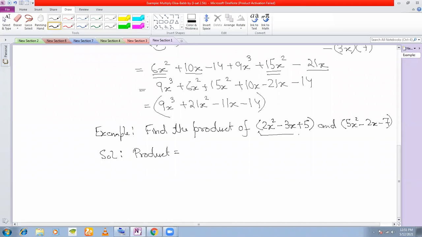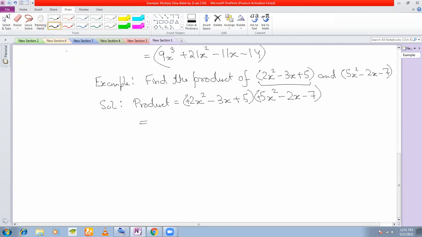Now for this expression, we write the highest power first. It is already given in that order. X square is first, then your x, and then your 5. And similarly for the second one, we write the x square first, then x, and then the constant term. Now we are going to multiply. So here you have a plus and here you have a plus. Again, we are going to carry out term by term multiplication.